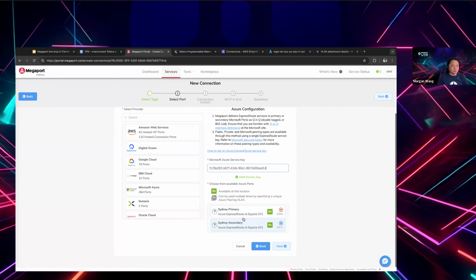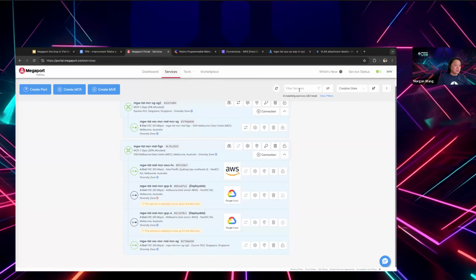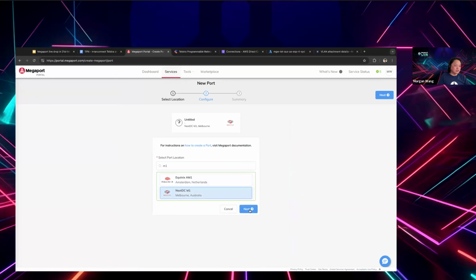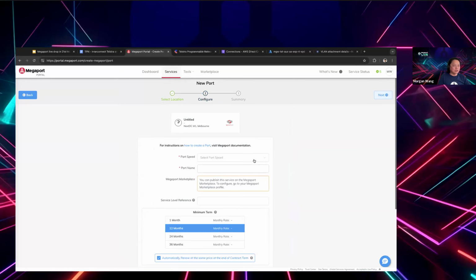So I have choices from Sydney, which is primary and secondary in different diversity zones, and I can actually build this ExpressRoute into my MCR as well. And I probably won't build that given the time, but what I need to do now is just assuming I am an existing NextDC data center customer. I'm using NextDC M1 for my MPLS interconnection,